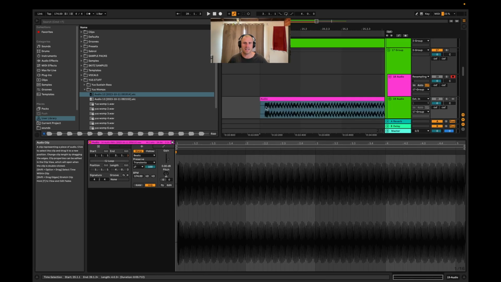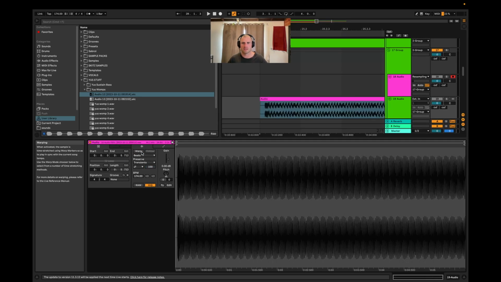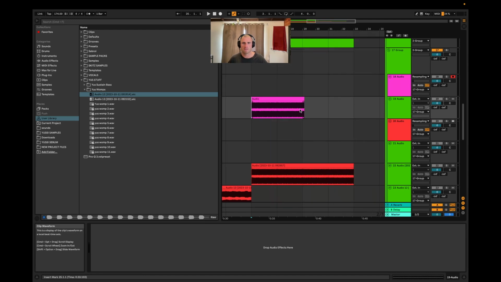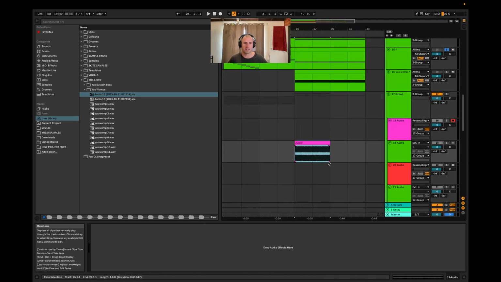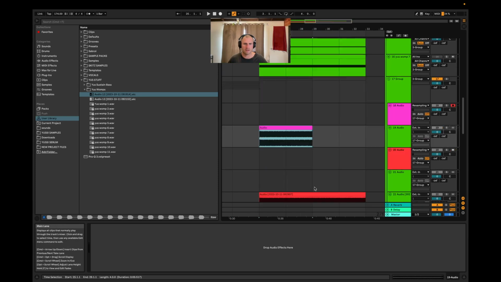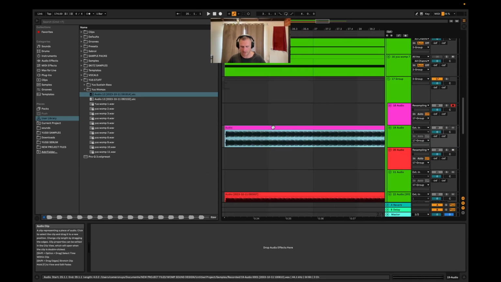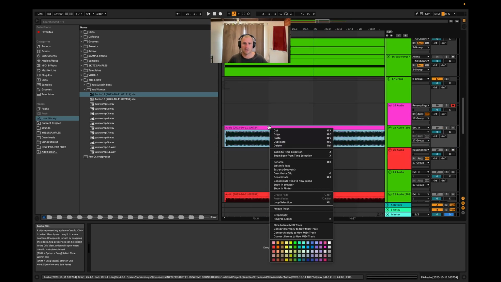Now, when you drag this down, it will be warped to the mode that you have as a default mode. So first off, you want to unwarp it. And then I'm going to keep this just to the 4 bars or 2 bars or 8 bars, whatever that is, keep it clean there. And then what you're going to do is Command J to consolidate that, or you can go down here to